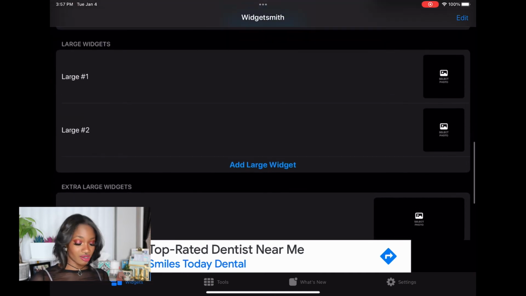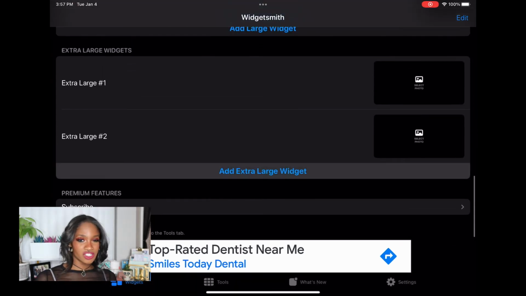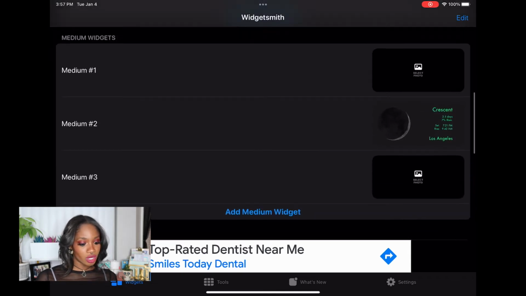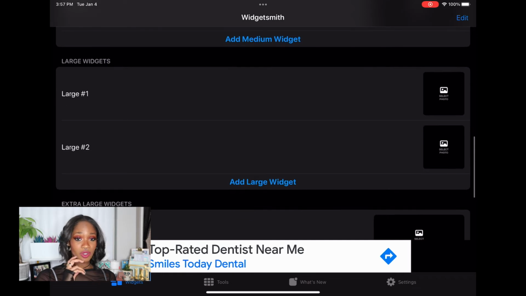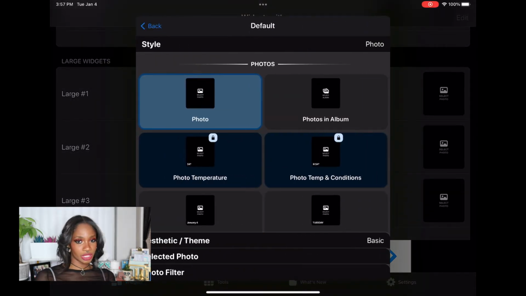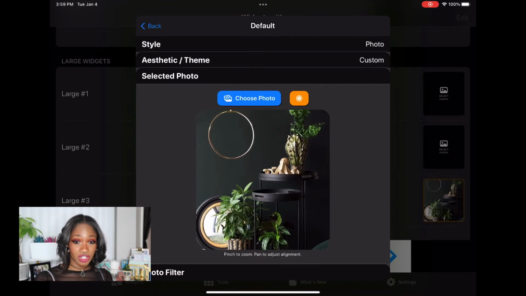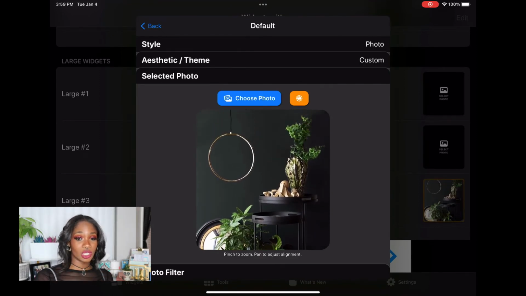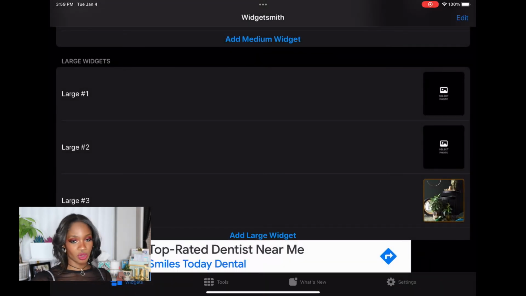Just go ahead and play around with the different styles, different colors. There are versions of things on here you can pay for, but they give you a lot of great options with the free stuff. So you can add photos, you can add the clock like I did. Widgetsmith is pretty self-explanatory in the app itself. So you do have to go into Widgetsmith first and create the widgets that you want, and then I'm going to show you guys how you can add those widgets that you created